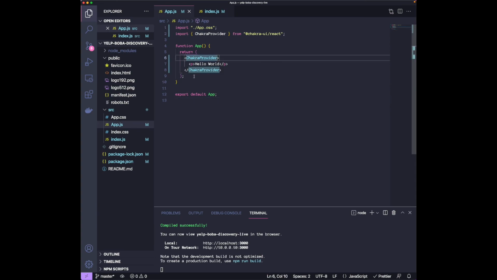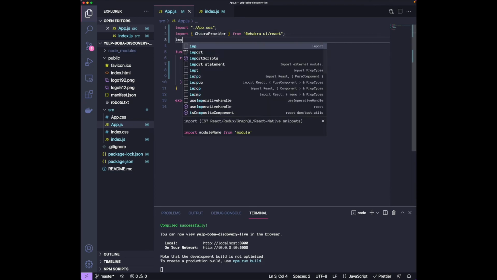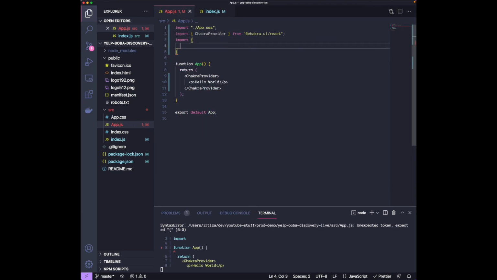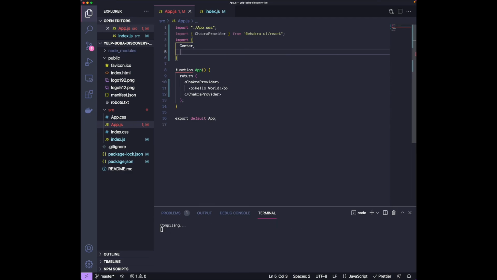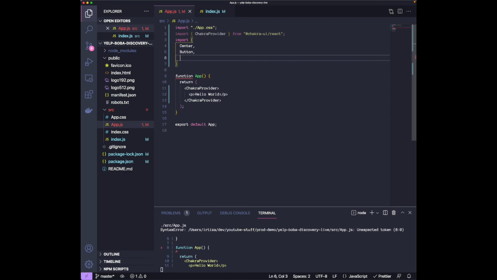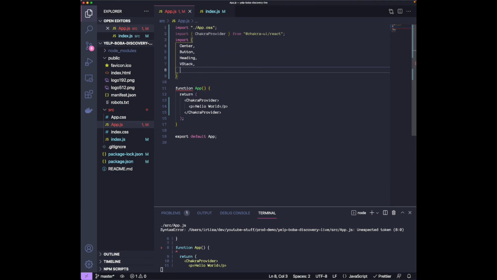Okay, so if you saw the UI, we had the heading, and then we had the button, and then we had all the data. So let's get that layout started. So the first thing is the imports that we will need. So we're gonna need a bunch of imports from Chakra, so let's do that. So we're gonna have a center component, we're gonna have a button, we're gonna have a heading, we're gonna give a v-stack, that's pretty much a vertical stack so that you have all components vertically stacked on top of each